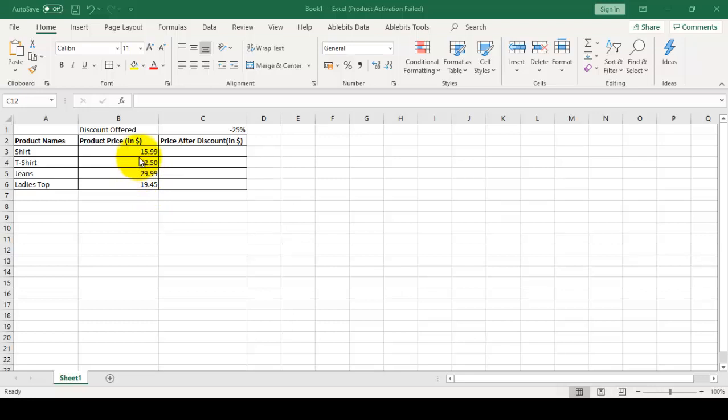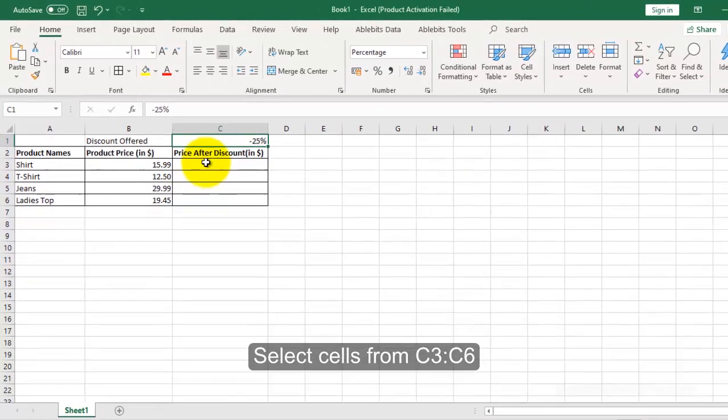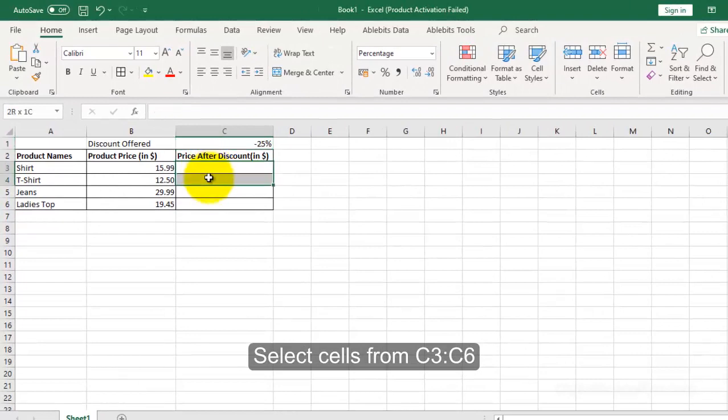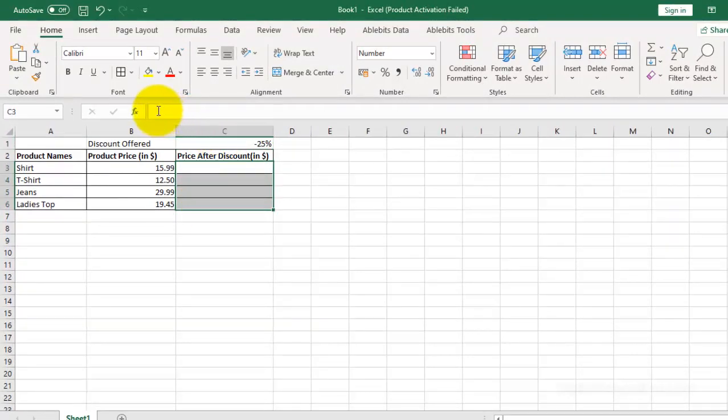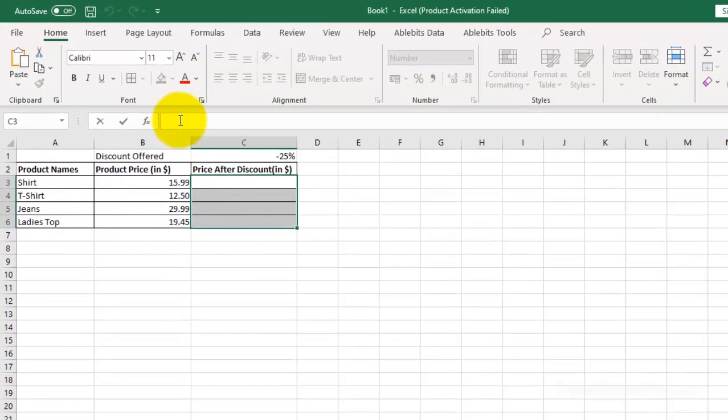So for that, we have to first enter the discount offered and that is minus 25%. If it is 15%, then you just write minus 15%, if 10%, then you just write minus 10% like this. So here we have decided to keep 25% discount. So we have written minus 25% in the cell C1. Okay. So after that, select the cells from C3 to C6 and then go to the formula bar